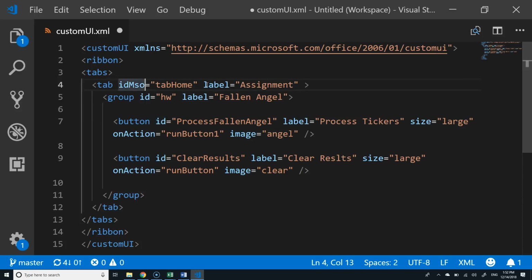This is beyond what I'm expecting you to know for the exam, but you can say I want to modify, and you can't change the label. I want to modify an existing tab, and so here I'm identifying an existing tab, and now I'm going to put a new group on that tab and put buttons in that group. So you have to come up with the right ID, and you have to tell it it's not a newly created ID, but it's a Microsoft Object ID.